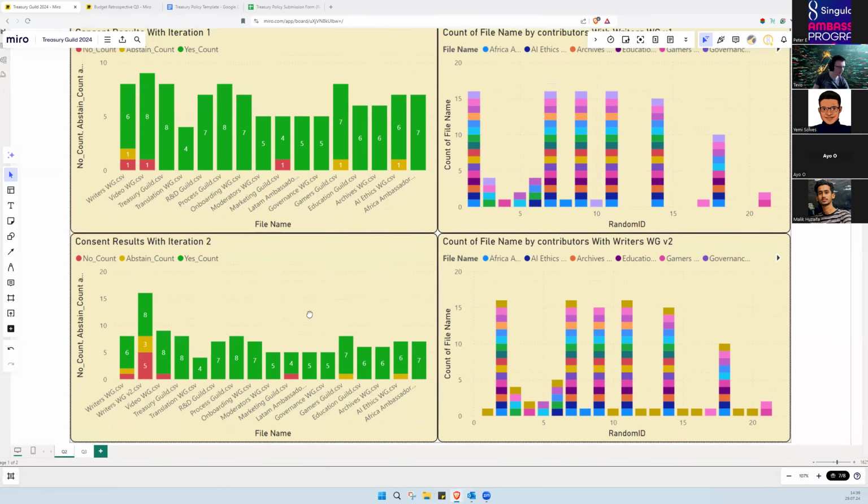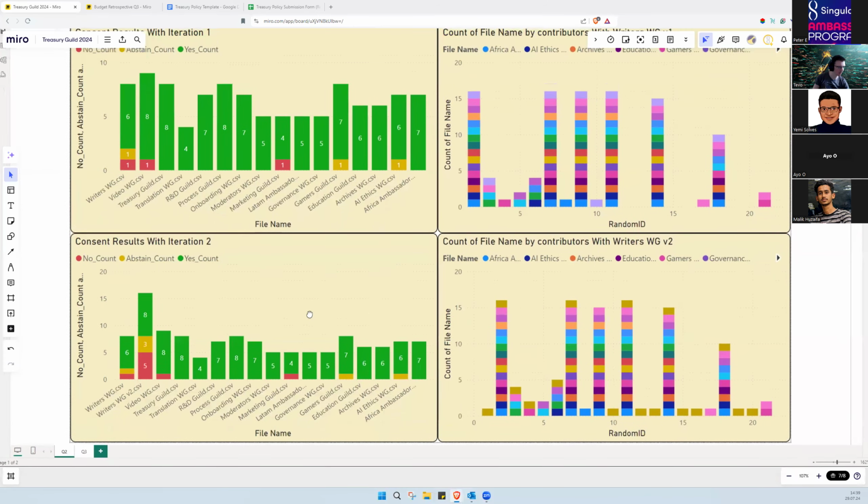Also, on the right side there is a list, and each of these bars is one person. Right now they each have a random ID, each a unique person, and there we can start telling how many proposals each person made, and also which proposals they made. You can see some people who only made one proposal, and some people